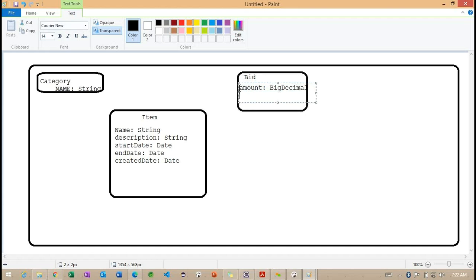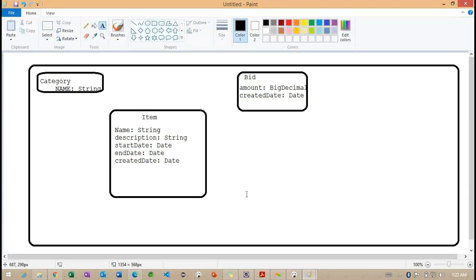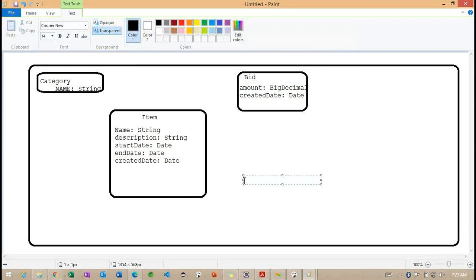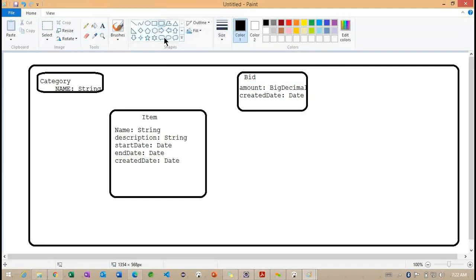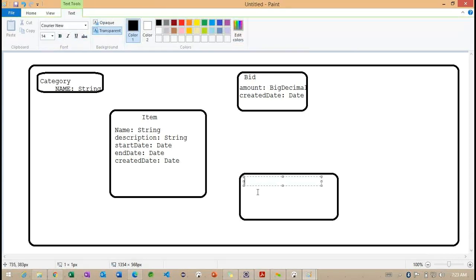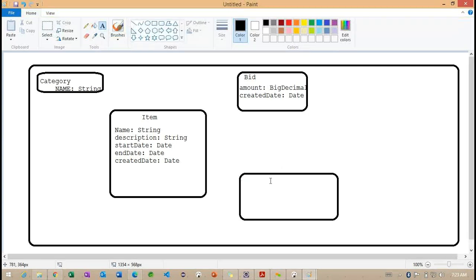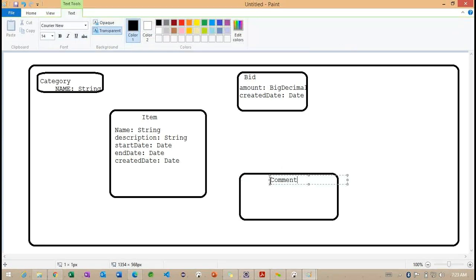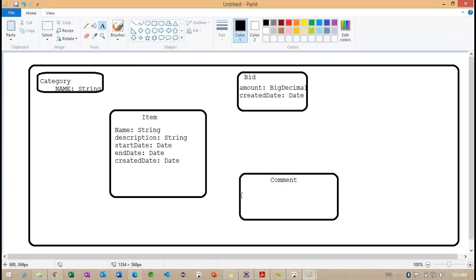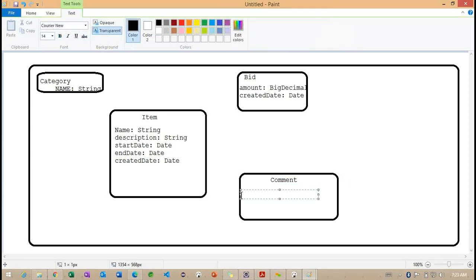So big decimal and created here. When this particular amount is created, we are going to work with the created date. So these are the amount-related information that we are going to call a bid. And here we are going to work with comment. Comment is also one more model class. And this comment will have different properties.